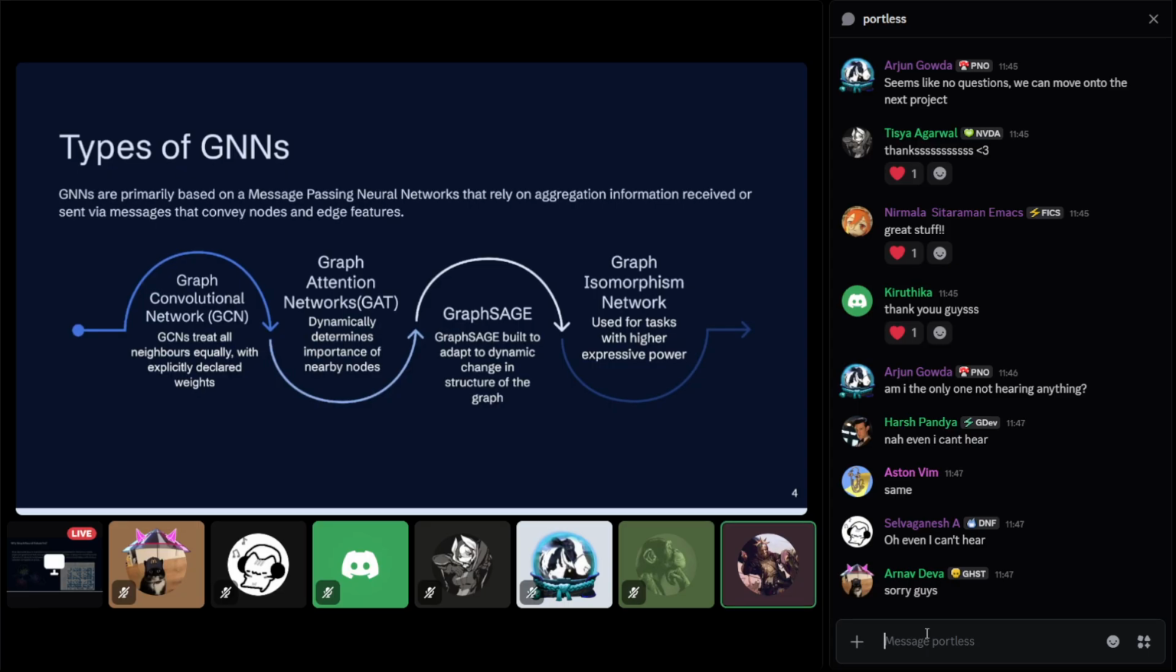So and then the GAT here gives you a dynamic weight. Based on the embeddings of your node and the other nodes, you can determine the dynamic weight for each of these nodes to filter out the properties you would require for that one particular node. GraphSAGE is built to withstand dynamic structural change in your graph. Say, for example, GCN and GAT